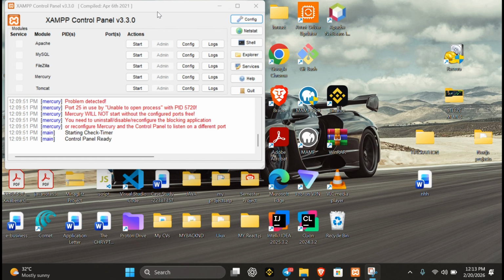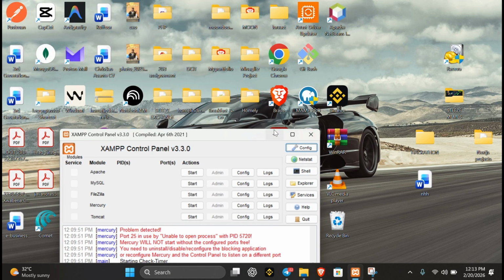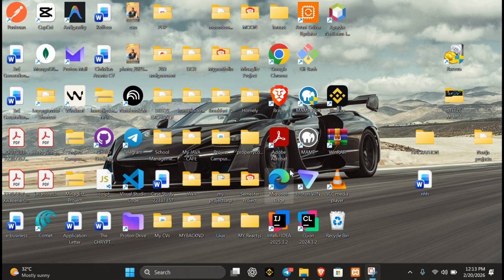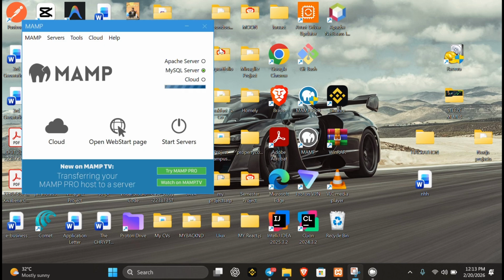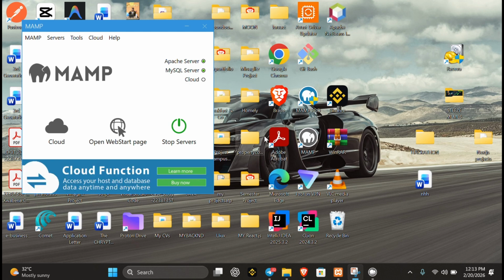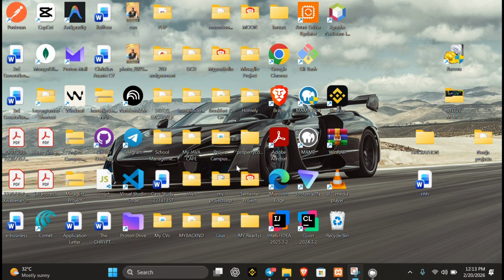But I have some issues with my XAMPP as usual, so you're going to go with MAMP. They are literally the same thing. So you're going to open your MAMP or XAMPP, then turn on the Apache server. I think the MySQL server also turns on automatically. After doing all these, you're going to go to your local disk,